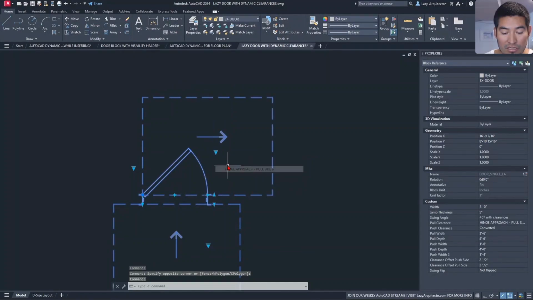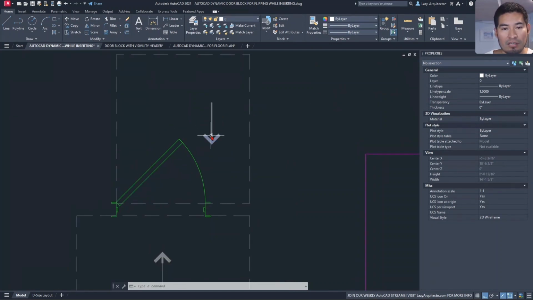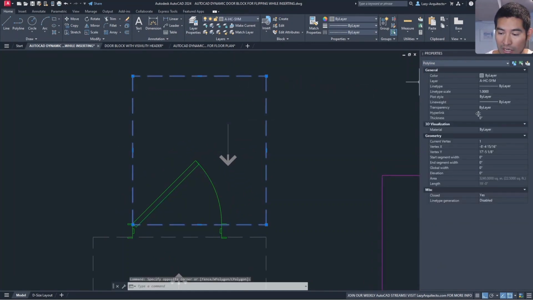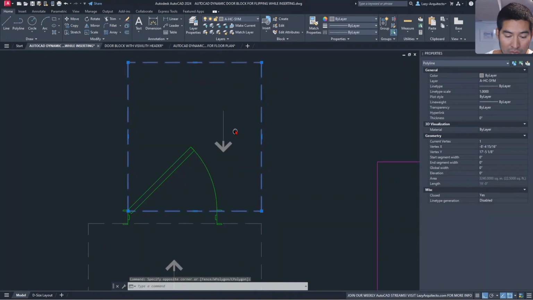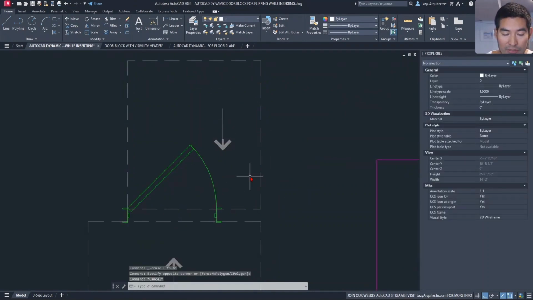For the full size, for the pool size, and so on, right? So let's see how we're gonna be able to do this. Hopefully we can do this together. All right, so again, nothing fancy right here. We have simply a polyline with an arrow, and let's see how we can implement this dynamic clearance to our